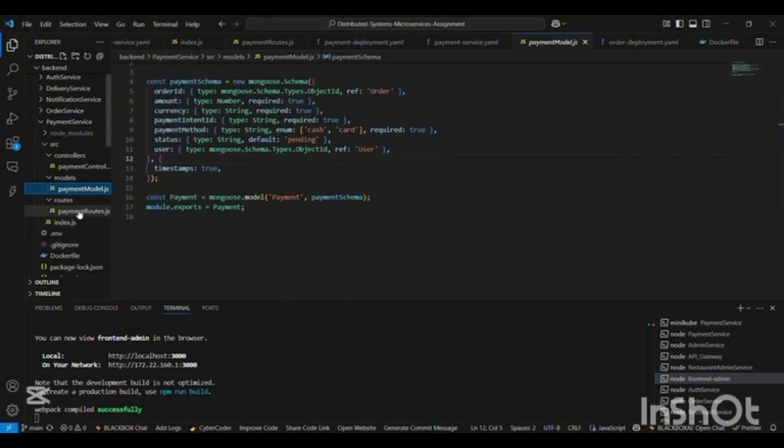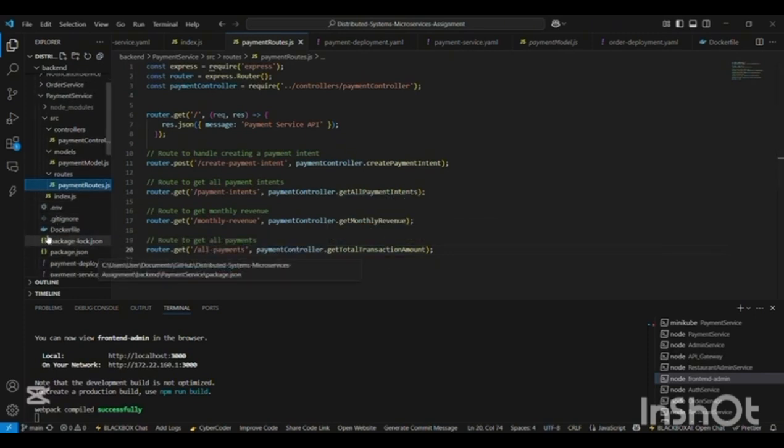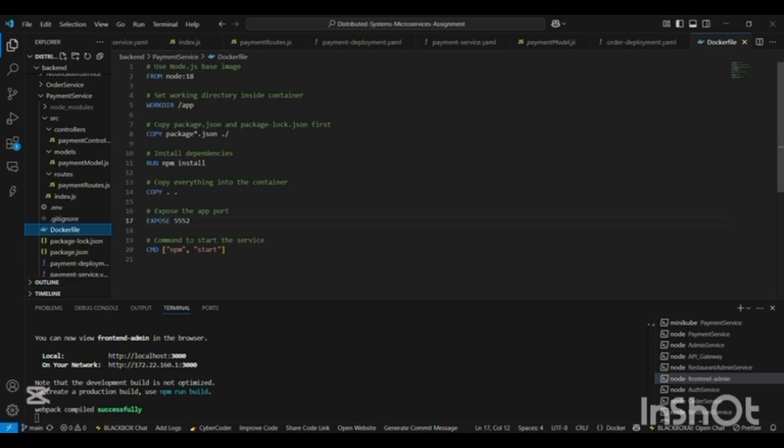This is the route file that has all the routes. This POST create payment intent is used to create a payment. And there are 3 GET routes to get all payment intents, to get monthly revenue, and to get total transaction amount. So I have used Docker and Kubernetes to deploy my payment service, and this is the Dockerfile, and